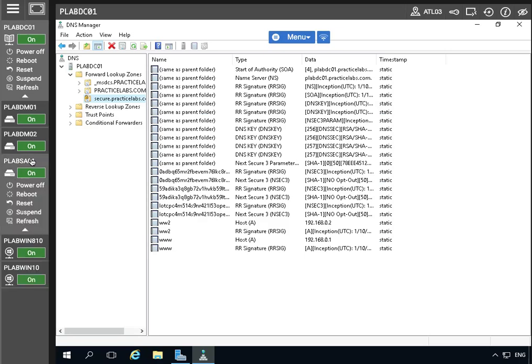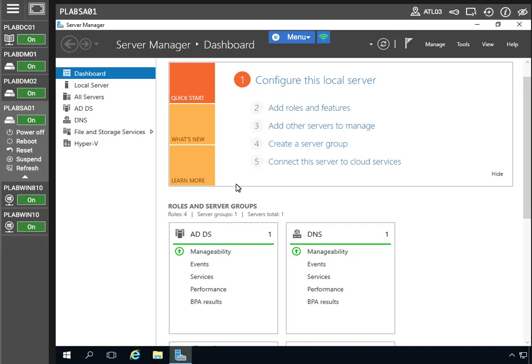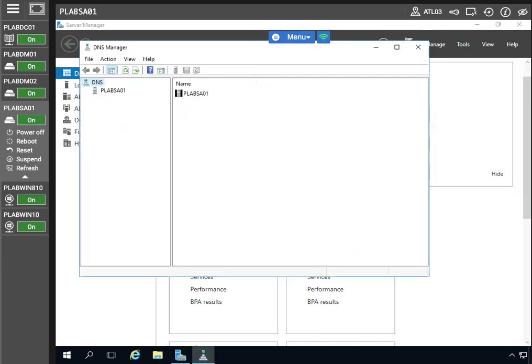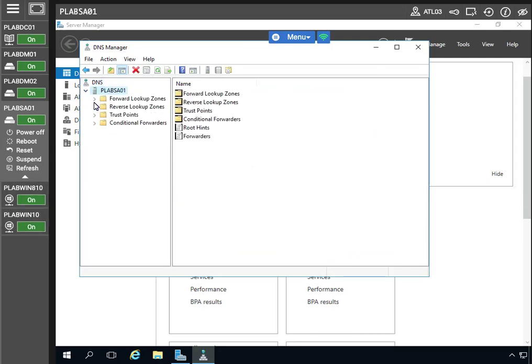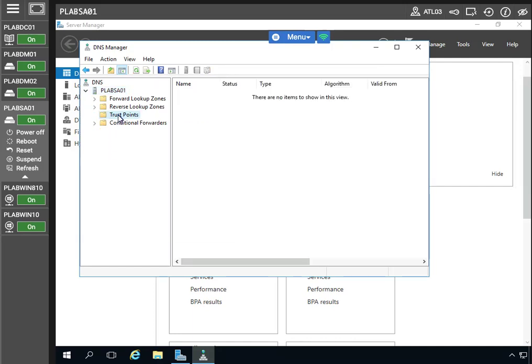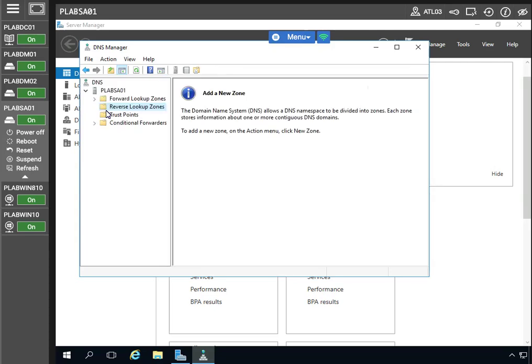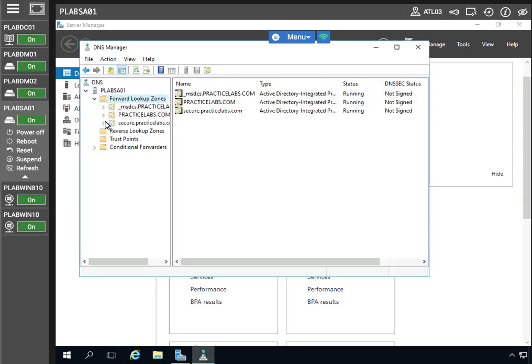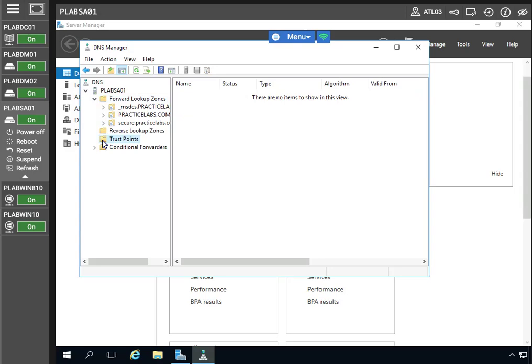All right, so now that we confirmed the successful configuration of the DNSSEC parameters, I'm going to do a few more things. I'm actually going to swivel over to SAO1, right? And let's go to the DNS menu for the server. All right, so let's actually expand this a bit. All right, let's see here. Should pop in a second. Okay, what I'm looking for, usually the trust point should have